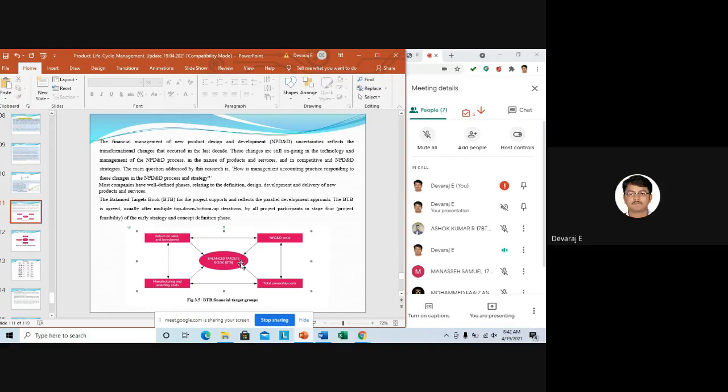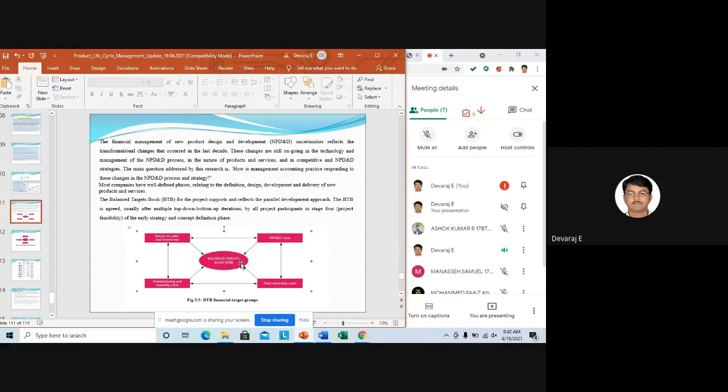Okay. So this is very important. If you go for any company, this balanced target book will be there. That is called as BTB. If anyone asks about BTB, you should tell that it is called as balanced target book. It is used for documenting